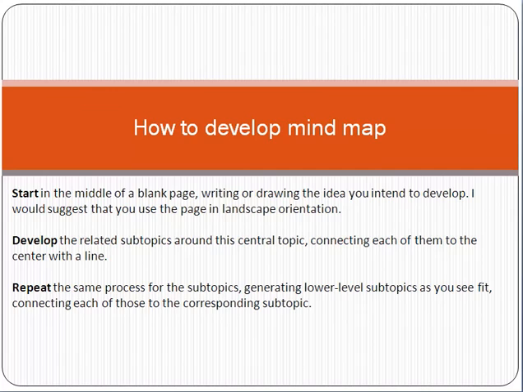Now friend, in the last, how to develop the mind map. Friend, see, the main idea is that to develop the mind map, first of all just take a pen, pencil and paper, and just put your idea in the middle of the paper. Okay, then identify the sub related topics, sub related ideas which are related to your main idea. Then evaluate and repeat, and think about what other ideas are linked to your sub idea, and repeat like that.